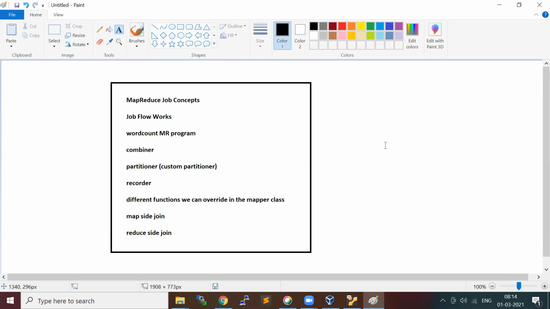Tomorrow, the class will be on Apache Hive, at the same time. We'll start with the Apache Hive component. That's going to be a SQL-like component, so if you just go through your SQL commands and come back, that should be enough. No programming there. It's more of writing your SQL statements.